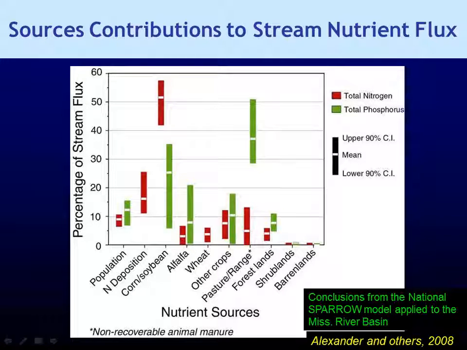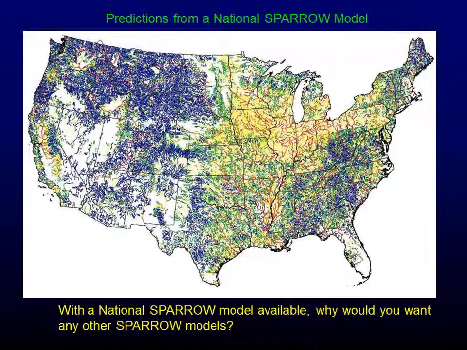Like I was saying, when Rich Alexander and others made this model, instead of having fertilizers and manures, they had each of the crop types. And so for nitrogen, they showed that corn and soybeans were the number one source of nutrients. And for phosphorus, it was uncaptured animal manure. Newer models show it's a little bit different than that, and it's actually fertilizers and manure driving that, and we're able to break that and describe that spatially.